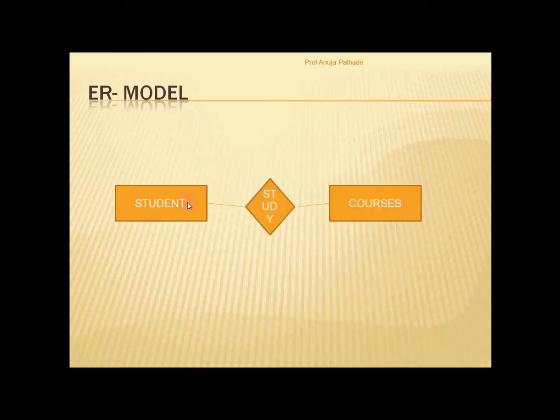Let us suppose courses is another entity. What is the relationship between these two entities? Of course, what does a student do with the courses? A student studies the courses. So study is the relationship between these two entities, student and courses.